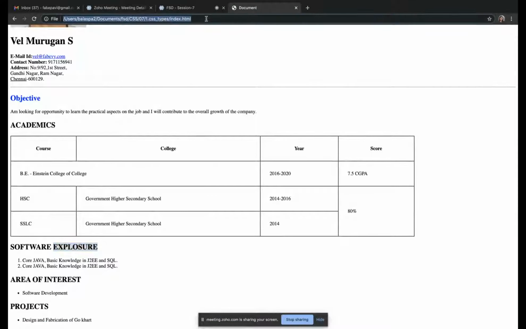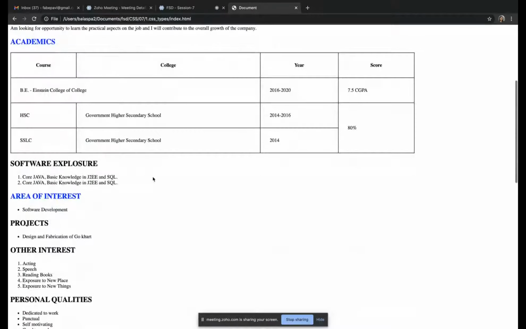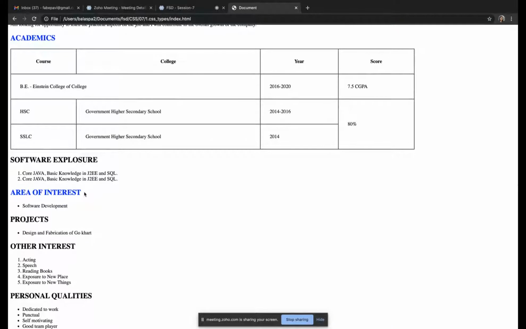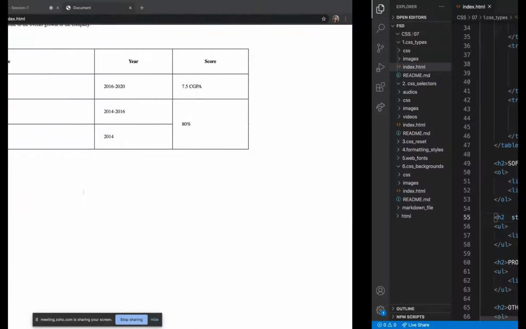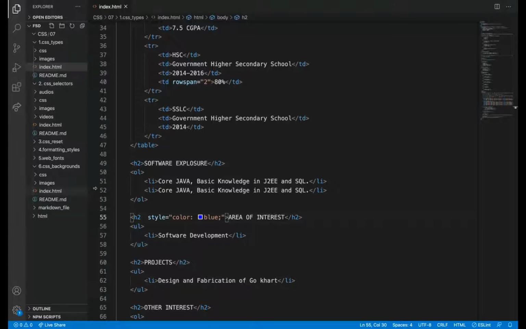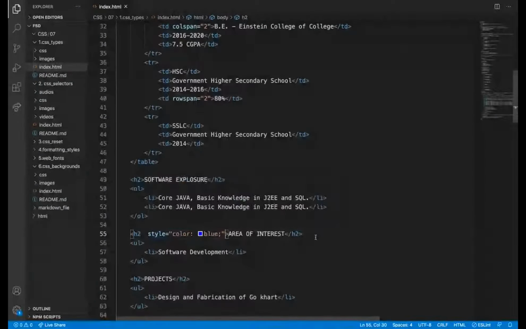Fine. How is it coming? Yeah, objective, academics, and areas of interest came in blue color. So whenever I particularly want to add style to a particular element, this is an element you all know.